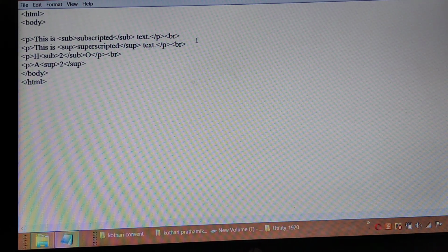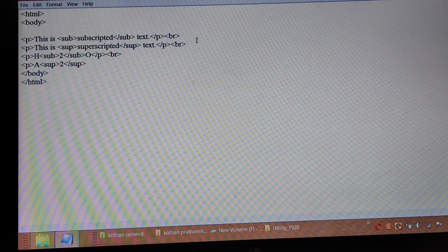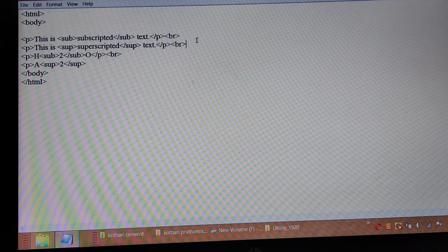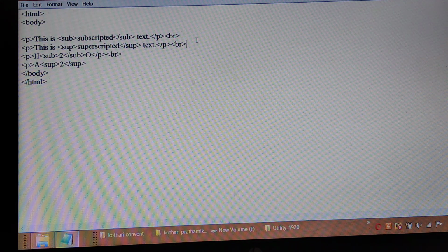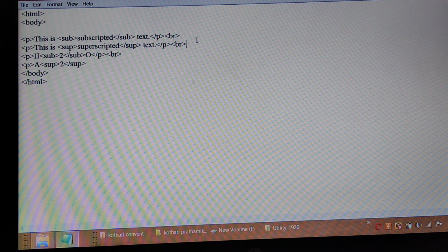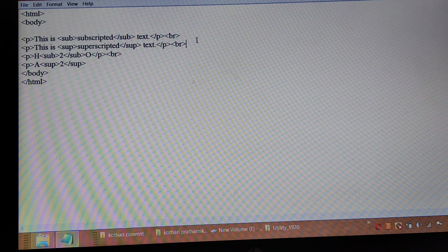Today we will learn about the subscript and superscript tag in HTML. When it will be used in your education is the most important part because the sub tag will be used for subscript the character, or you can use the superscript for the character for your use. So these are the two main important tags that will be used inside the HTML.